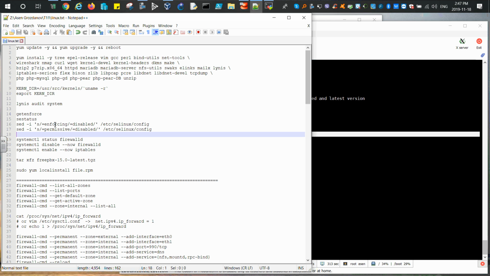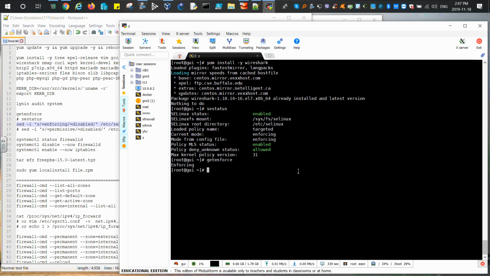One is if it's enforcing. If the result of getenforce is enforcing, you do this one. If it's permissive, you do this one. So actually, you have two ways to fix it. The standard way is to do vi or Vim. We use already Vim. Then you do